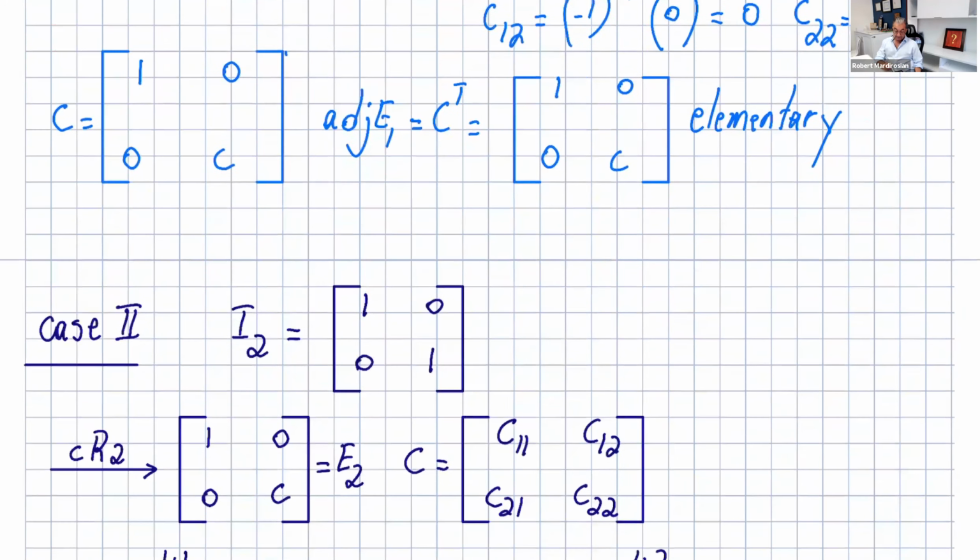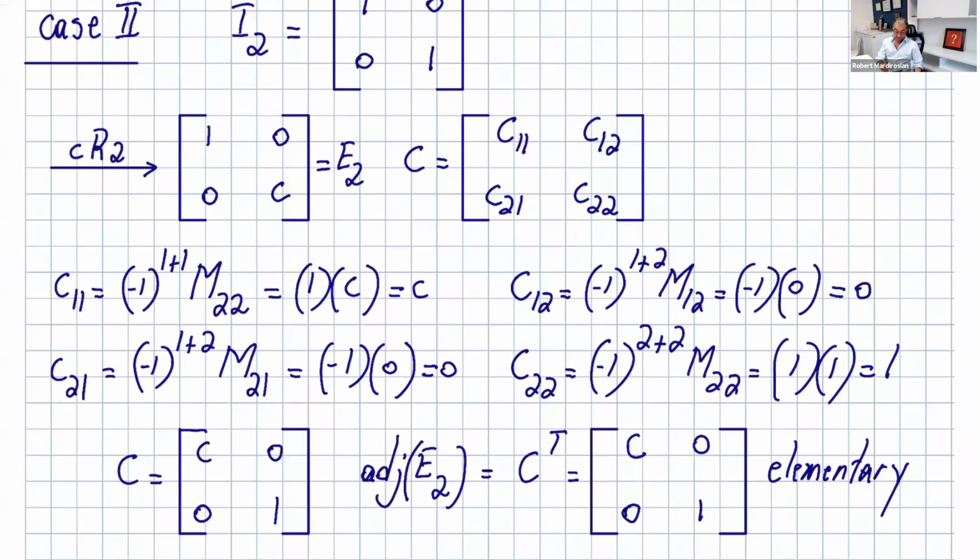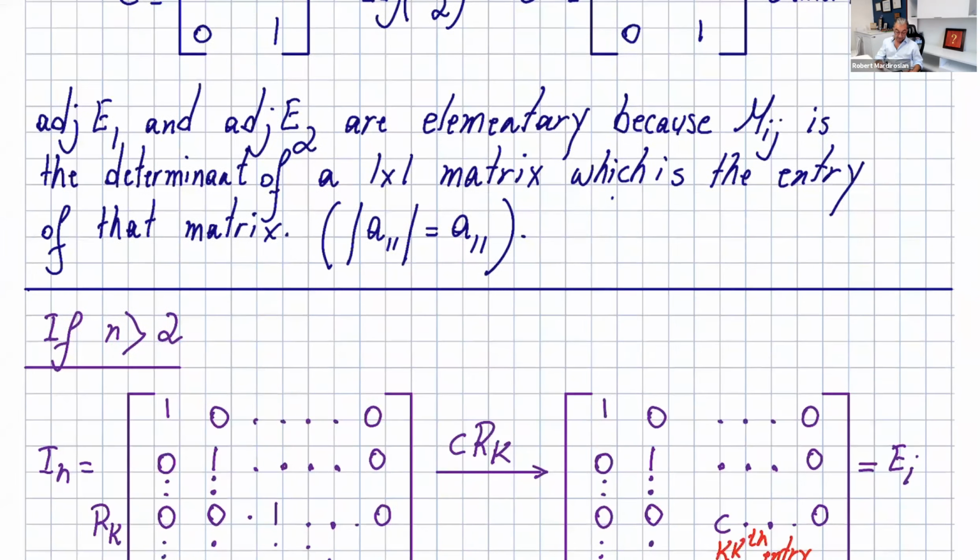Now, if you take I2 and multiply row 2 by a constant, you get this matrix. And same way, if you perform the cofactors, you get C11 is going to be c, C21 is going to be 0, C12 is going to be 0, and C22 is going to be 1. So you get that matrix. And the adjoint of E2 is the transpose of that matrix. This is the matrix of the cofactors, which is the same thing. And obviously, you see this is an elementary matrix. Adjoint of E1 and adjoint of E2 are elementary